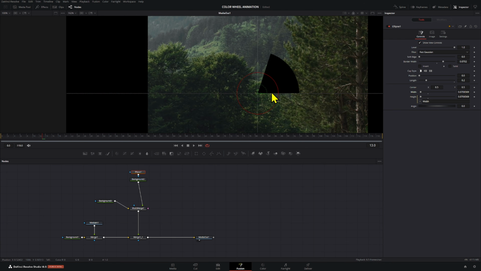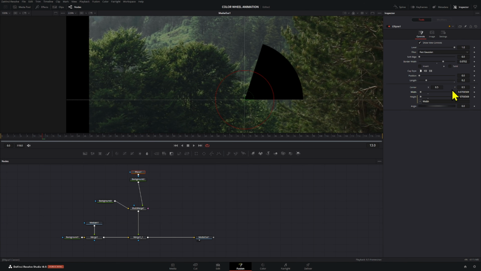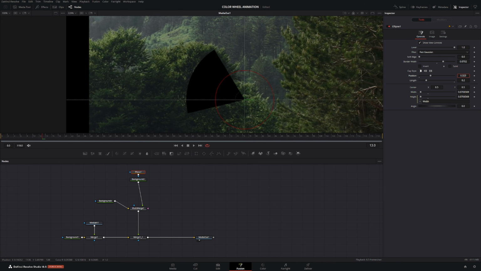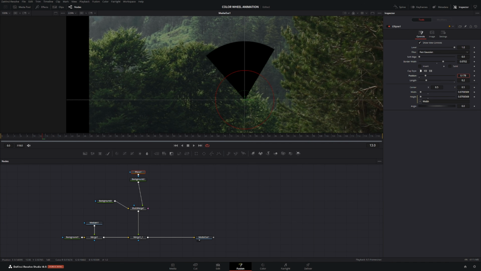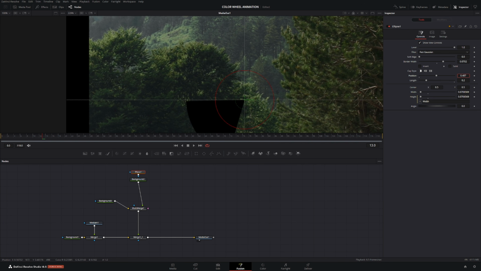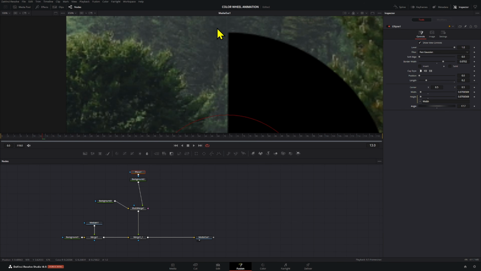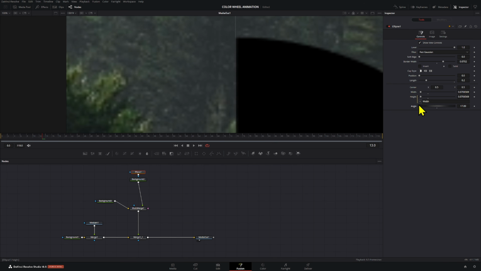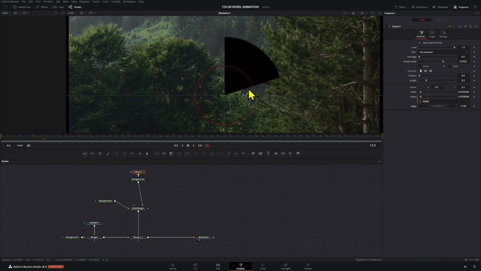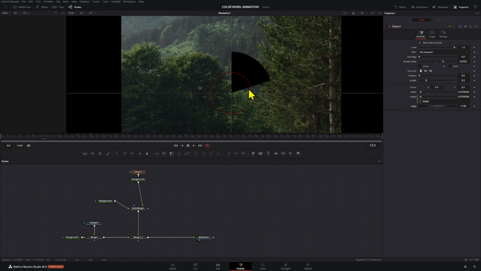Okay, now an important thing is that you can see we have the position right here moving, and it always goes towards the left side for some reason. In order to fix this, what you can do is just play around with the angle right here, and we're gonna set this up right there so that it's right at the center in that area. That way it's a little bit more accurate. It's just a matter of personal preference.